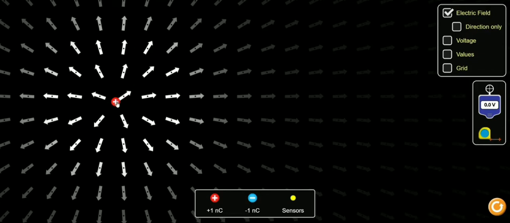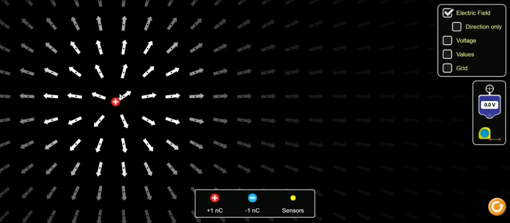We know that for a positive charge, the electric field lines will be going out, and it will be a diverging one. You see, closer to the charge, we have a strong electric field. When you move away, the electric field is gradually decaying. The effect of the field is very little in this area, whereas here it is very strong because it is closer to the charge.